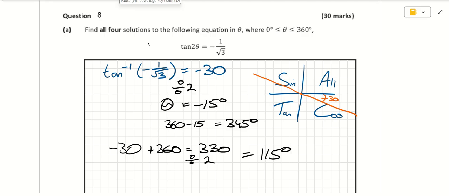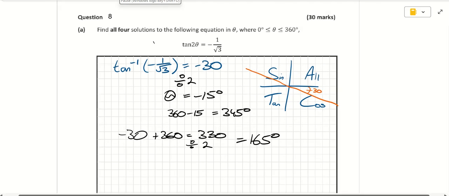Okay, no, that's not 115, that is 165. It's okay, we can make it to the end of this video. Okay, so that's grand, but then we will also have an equal angle. So we want it to be negative, so that means we're working with this section here for tan. So this would be, there'd be about 30 degrees there, or in total it would be 150 degrees, because that